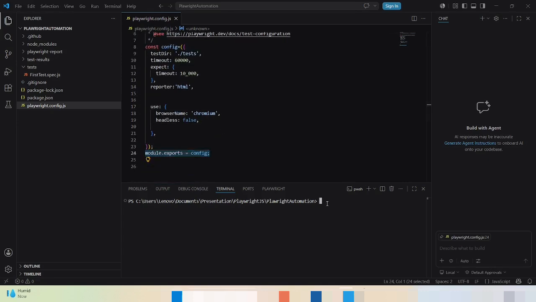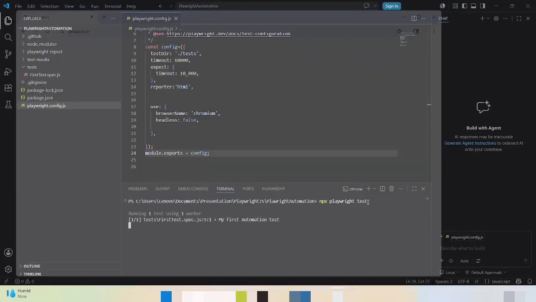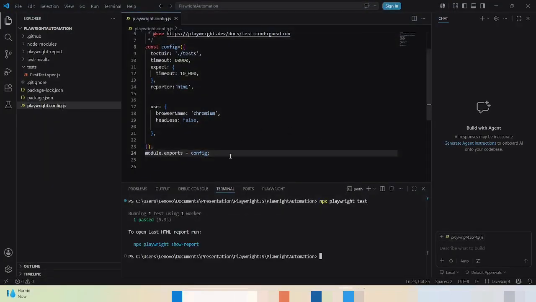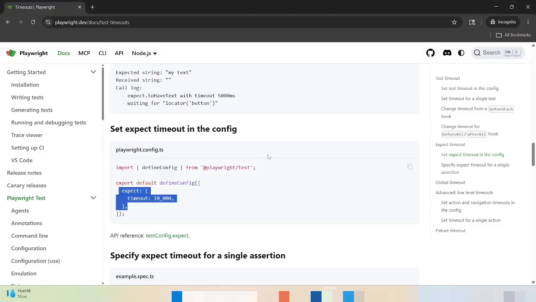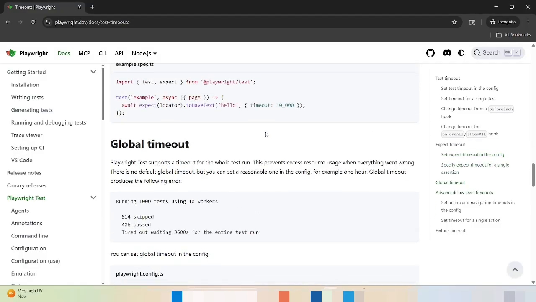Let me execute. Next, whether I have saved this one, Control S, execute. Yeah, it's working fine, no issues. So that means all these configurations are fine. When you are doing this, be careful. If you don't know anything, please go to this document and read it clearly and add it. Okay,